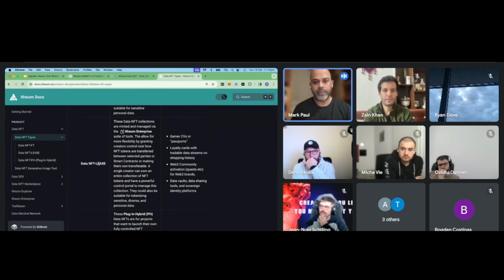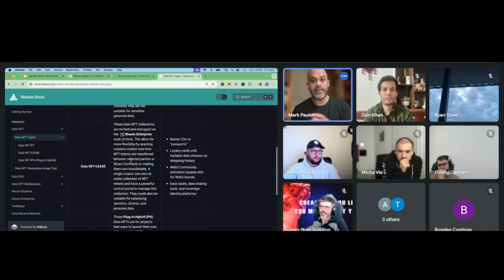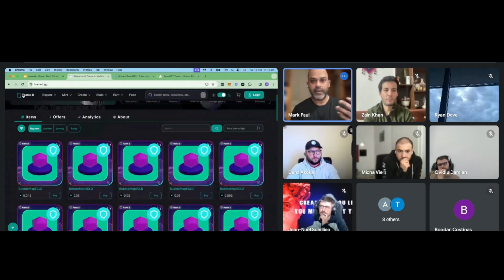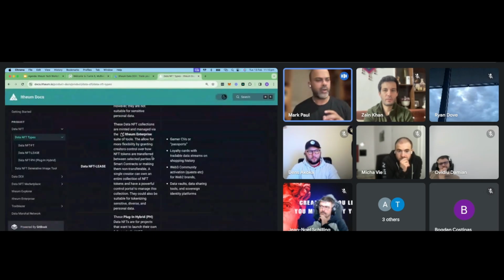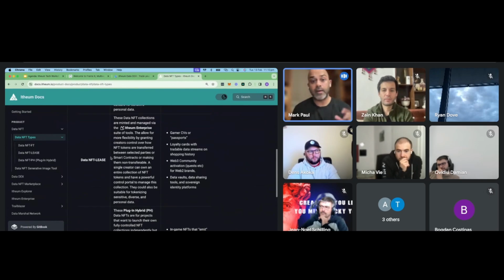Now, these are actual NFTs. So these are data SFTs. These are actual NFTs like you would see on Frame.it and so on, like regular NFT collections. You can control it. You can put your own images. You can do whatever you can with an existing NFT collection, but you can attach data to it. These are a lot more powerful because, as Ovidio will show you, the tooling that we provide for data NFT